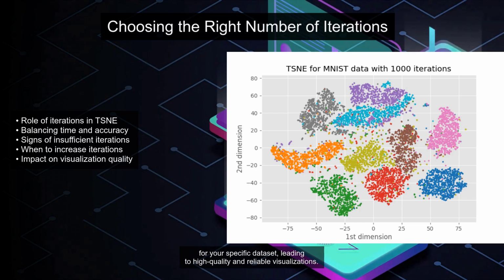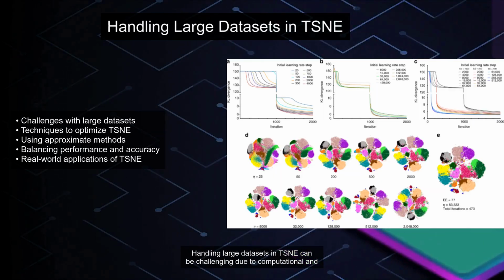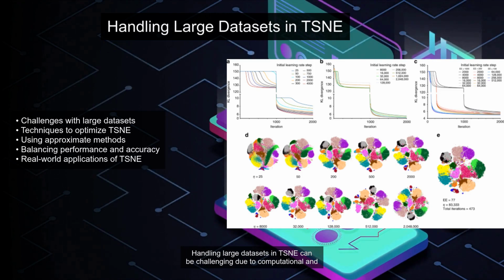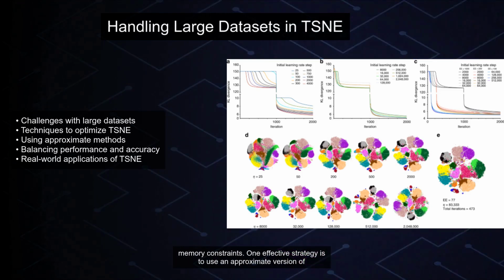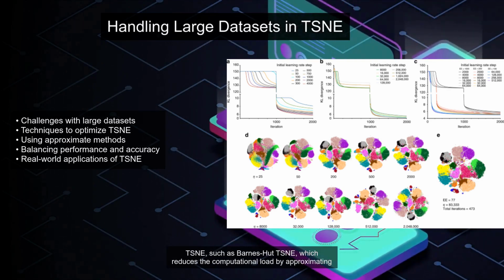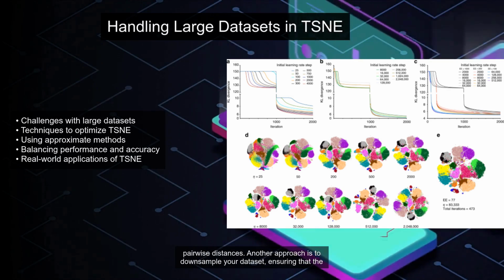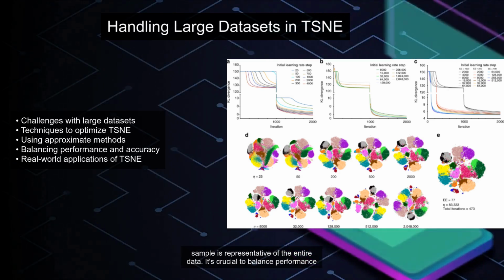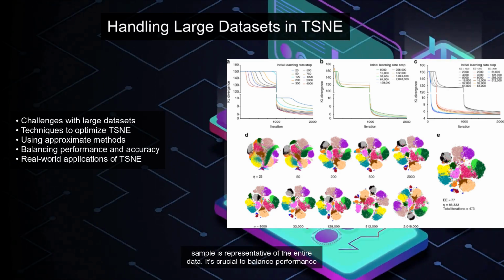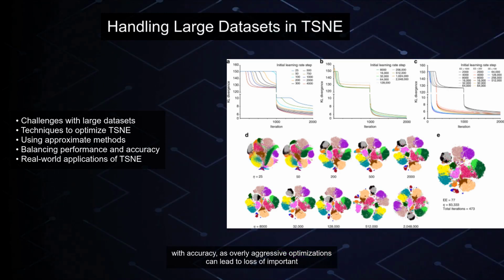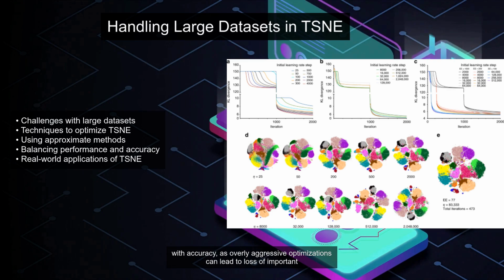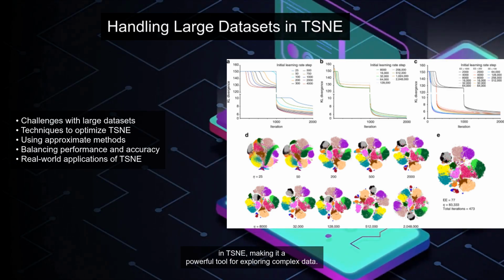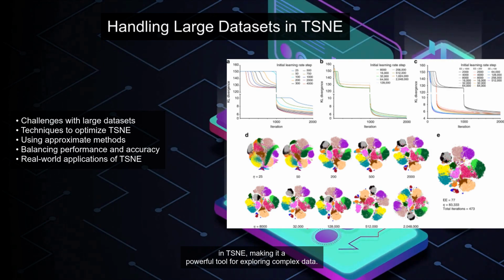high-quality and reliable visualizations. Handling large datasets in TSNE can be challenging due to computational and memory constraints. One effective strategy is to use an approximate version of TSNE, such as Barnes-Hut TSNE, which reduces the computational load by approximating pairwise distances. Another approach is to downsample your dataset, ensuring that the sample is representative of the entire data. It's crucial to balance performance with accuracy, as overly aggressive optimizations can lead to loss of important data insights. By employing these strategies, you can effectively manage large datasets in TSNE, making it a powerful tool for exploring complex